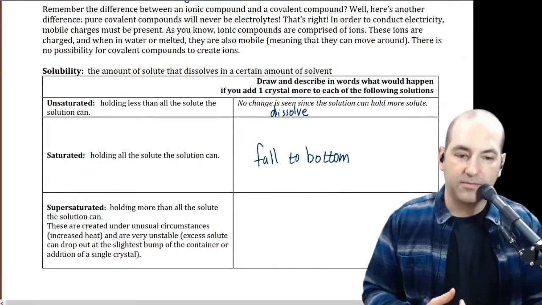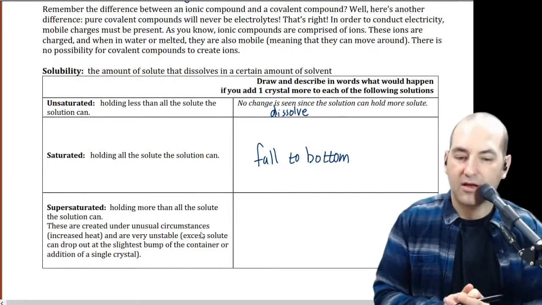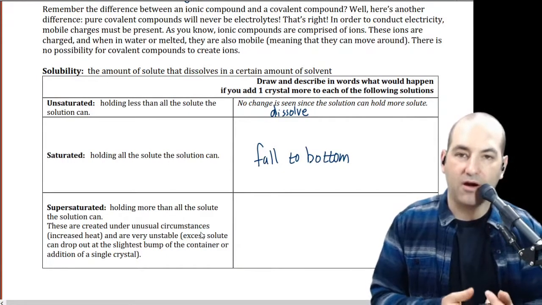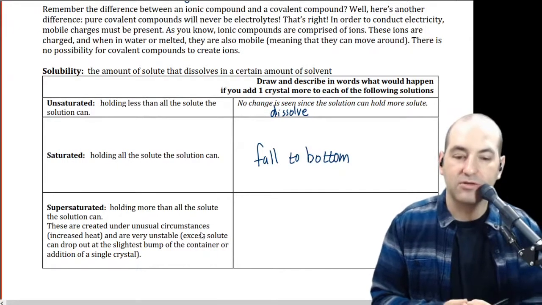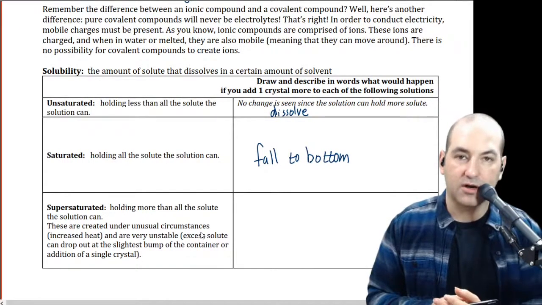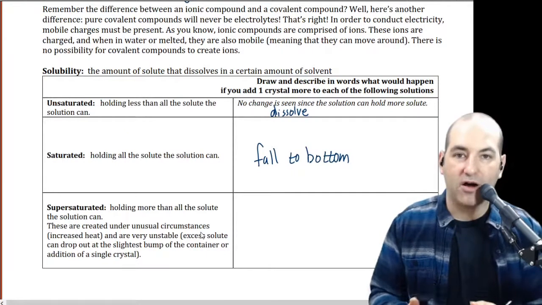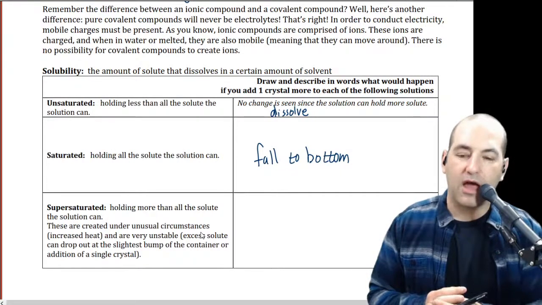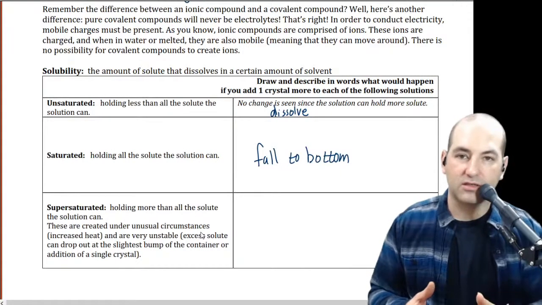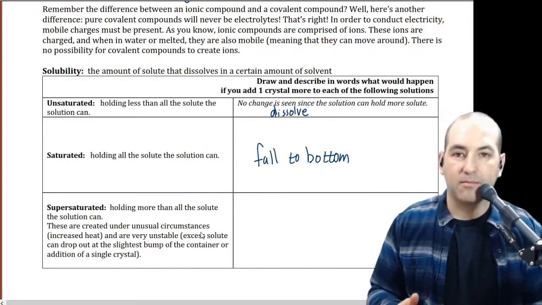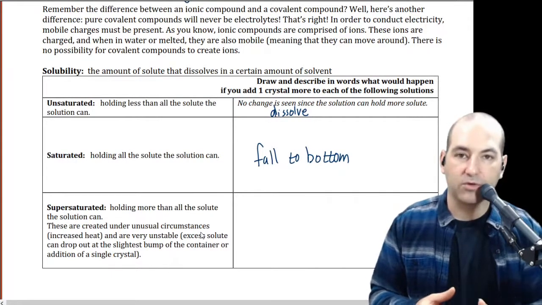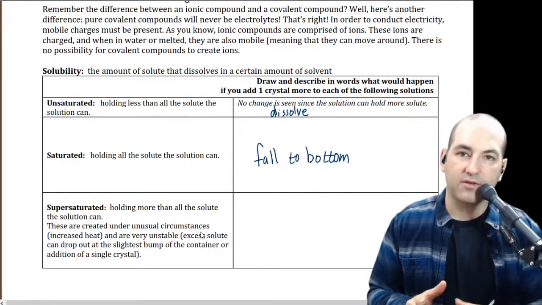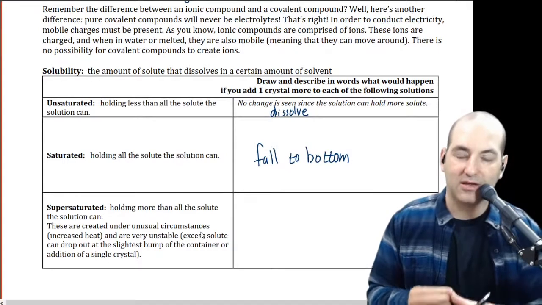Now, it's also possible to make something called a supersaturated solution, where you can very carefully actually get more solute in there than the solution is technically able to hold. And the way you do that, solubility changes with temperature. So if you have hot water or hot coffee, you can dissolve sugar in it better than cold coffee. So you can heat up your solvent, and you can actually add more solute because the higher temperature will hold more solute. And then you can very, very carefully cool it down and essentially trap that extra solute in solution at